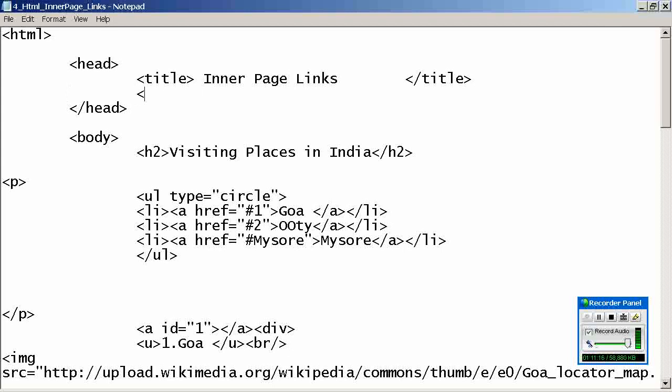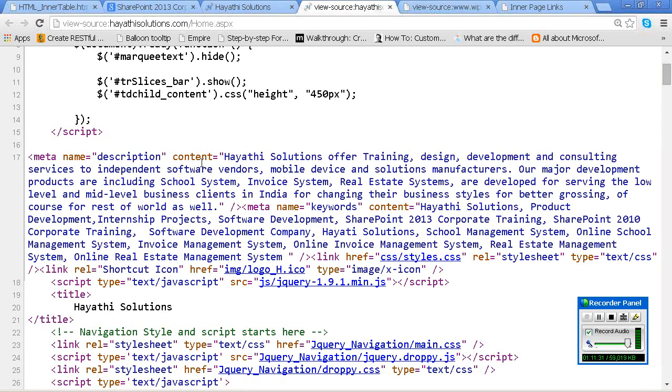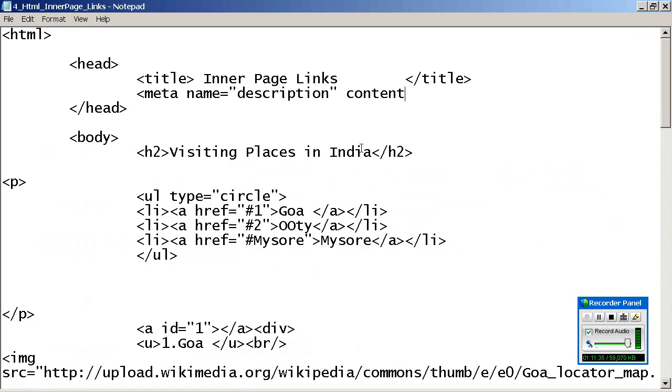So what is the advantage of meta tagging? To discuss something about the page. So meta name equal to description. What is the next one? Content. Okay, you can write something. This is discussing about